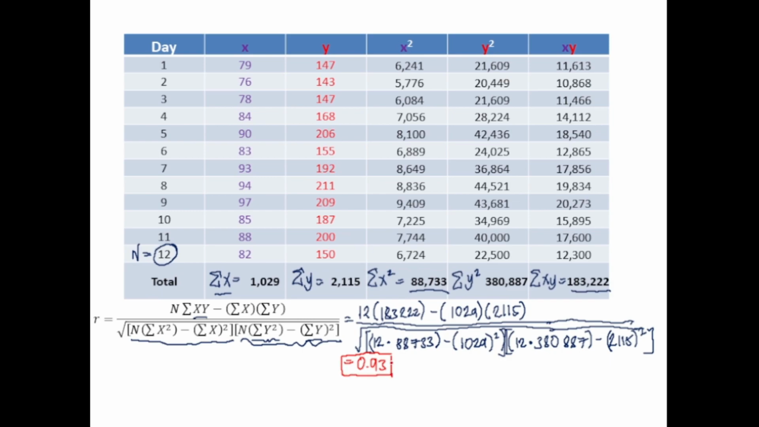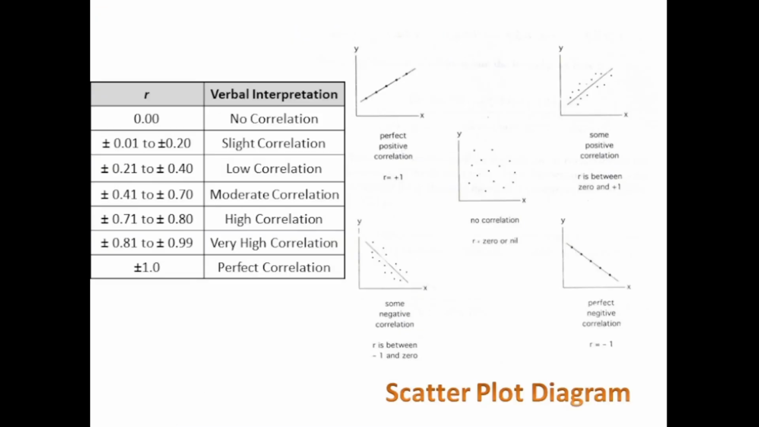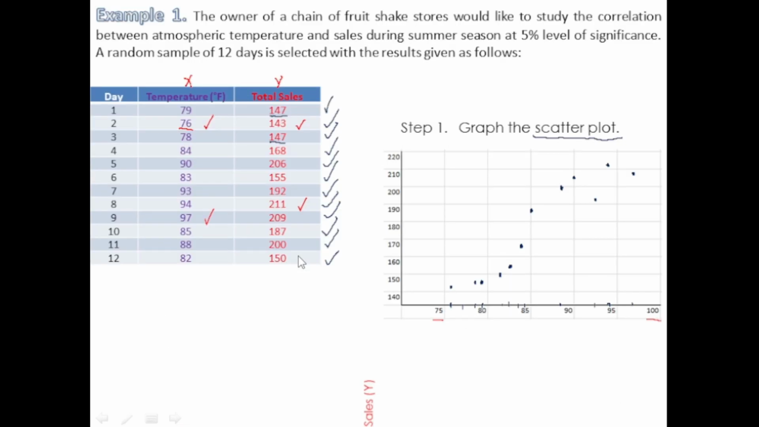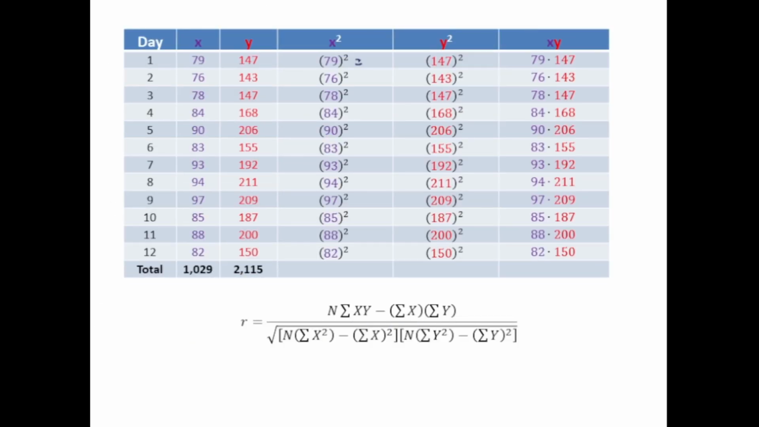So what is the interpretation when R is 0.93? According to this, since 0.93 is qualified or classified here, it is in between 0.81 and 0.99. So the relationship is very high. So when we construct the conclusion, of course, we will say that